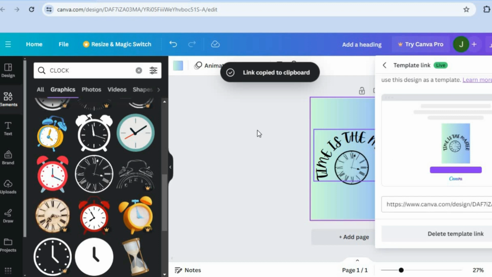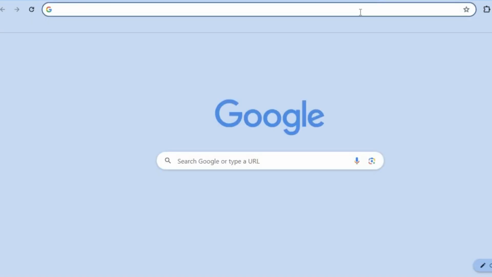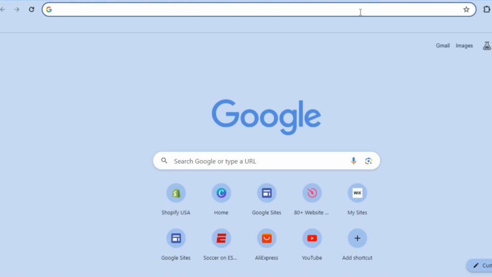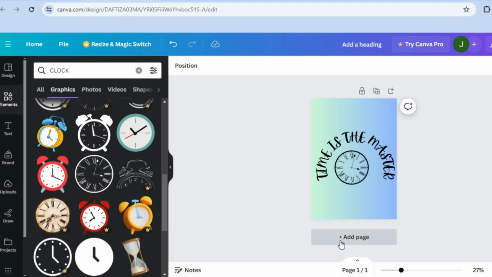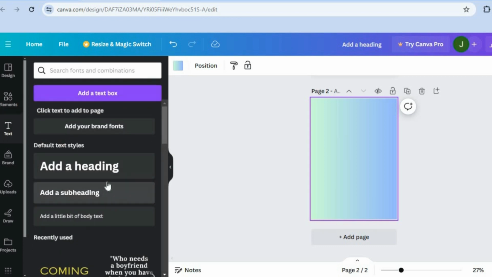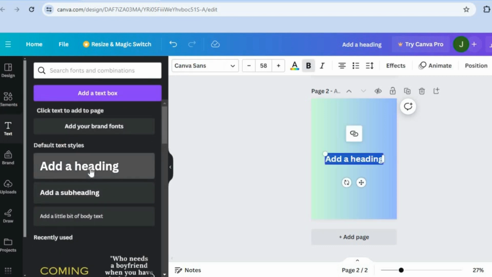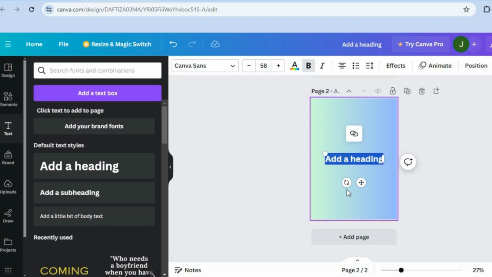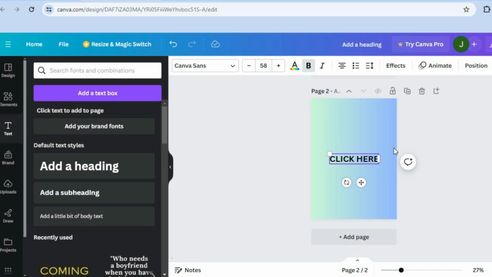After copying the link, you're going to open a Notes app. So let's say, for example, we will be using Google Docs, just for example's sake. So you could simply tap, and you're going to tap on add page right below that. And I want you to go over to the left-hand menu option, tap on text. Then you're going to select any one of the text styles and you can simply type in "click here," as this will be the page that persons will receive to